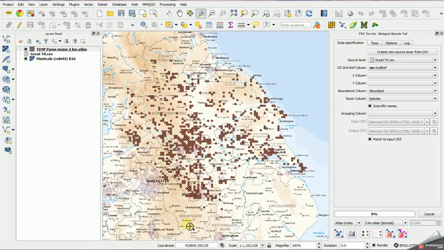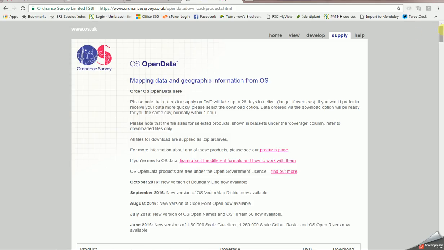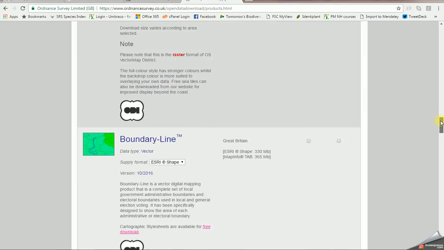Okay, the next thing I want to do is create some sort of map layer that shows the extent of our area of interest, i.e. Yorkshire in this case, and I've been told it's not the vice counties, it's the actual admin areas you're interested in. Now if we look back at the website for the OS Open data, there's one down here called boundary